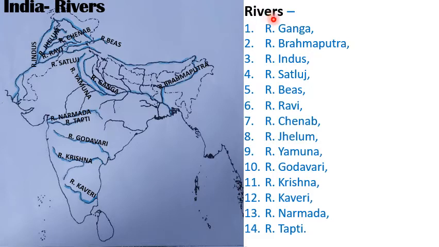Then rivers, as they are also water bodies, so we will use blue color, and we will mark river from the source till the mouth of the river. Okay, so I'm doing one for you, that is river Ganga. You will mark from here. Rivers are already marked on the map. You just have to highlight the river which is asked. This is Ganga, then this one is Brahmaputra, known as Sangpo in Tibet.